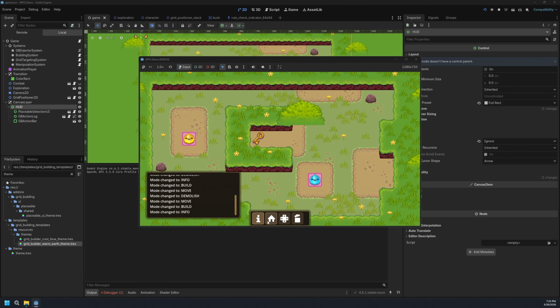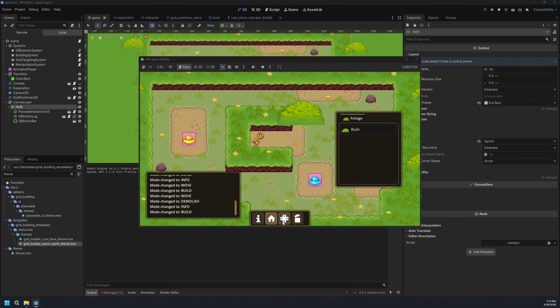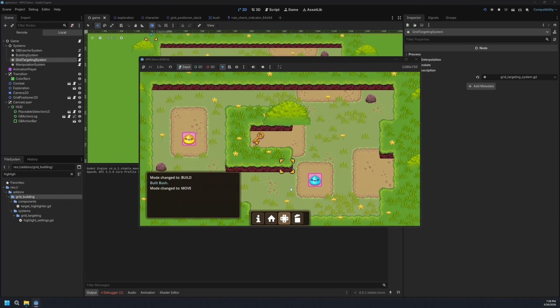Now you can see the hotbar automatically responds to that. You can click on the modes too, if you prefer the button approach. The placement selection UI pops up whenever you are in build mode. Okay, now if you want to go to move mode and hover over a target and actually have it basically